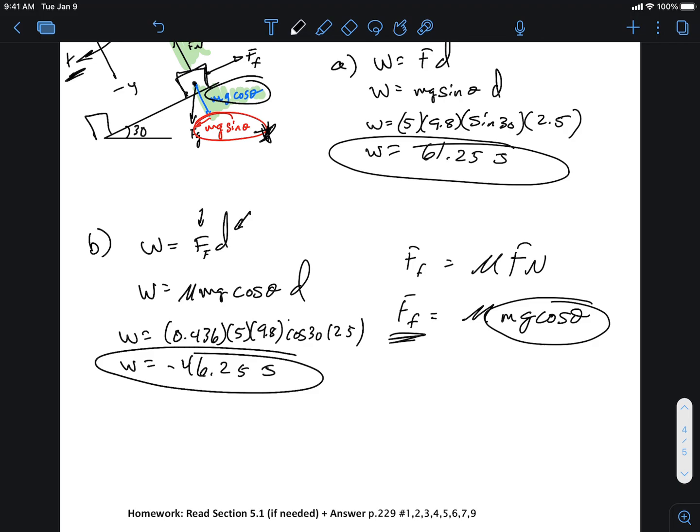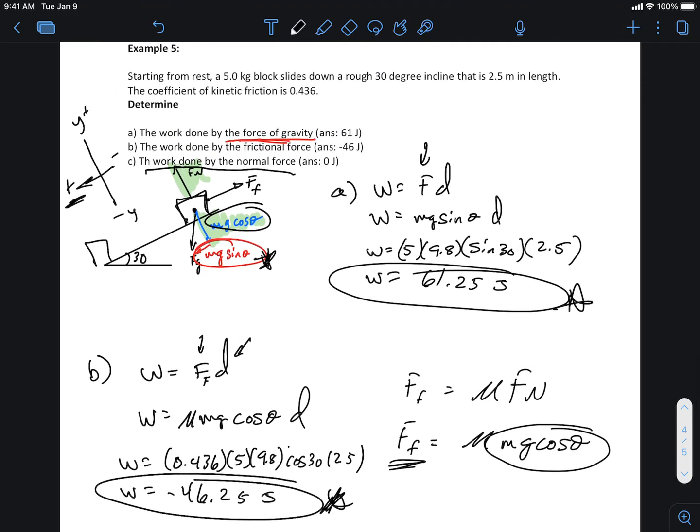And if I really wanted to find out the total amount of work done on that box, I could add these two numbers together. Because you had a force opposing the motion, that was negative work, and you had a force in the positive direction, that was positive work done. So if you wanted to figure out the total amount of work done on this system, you could add those two numbers together. That would give you an answer. Okay, I didn't ask that. What I did ask,